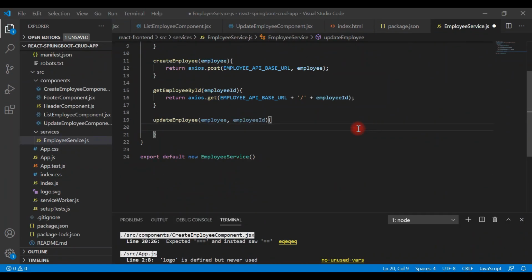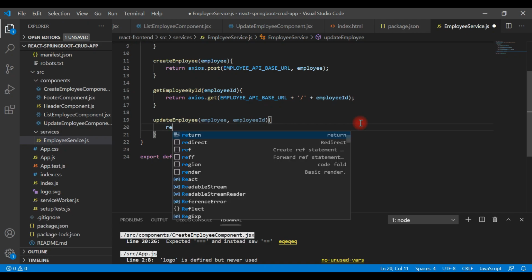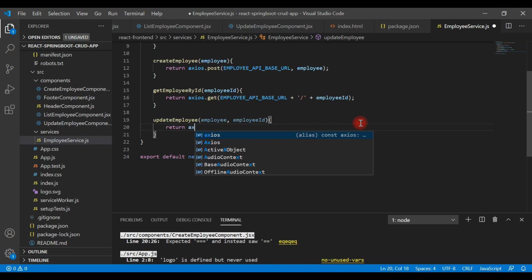Within the updateEmployee method, we are just going to return a promise object of the Axios put method. Just type return and then Axios, and then call the put method. So we are going to send an HTTP PUT request.